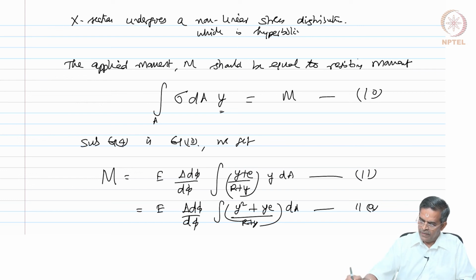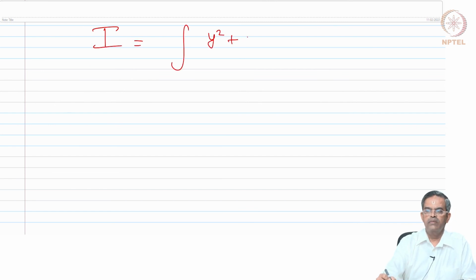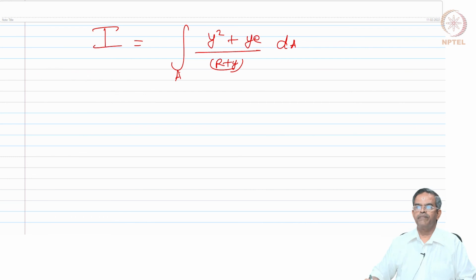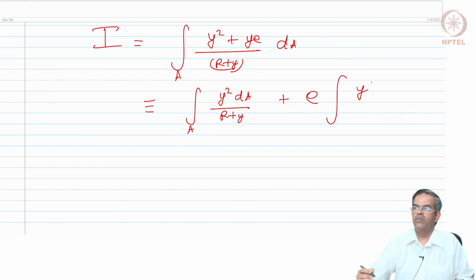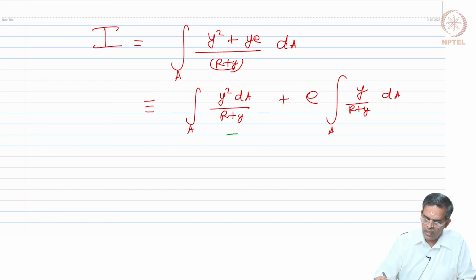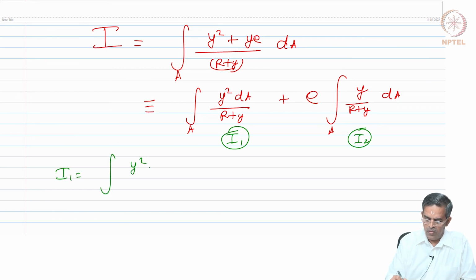So, we call this as integral I. Now, the integral I is integral y square plus y E by r plus y dA over the area A, which is identically split into two parts: integral y square dA by r plus y over A, plus E times of integral y by r plus y dA over A. We call this integral as I1, this integral as I2, where I1 is integral y square dA by r plus y for the area A,